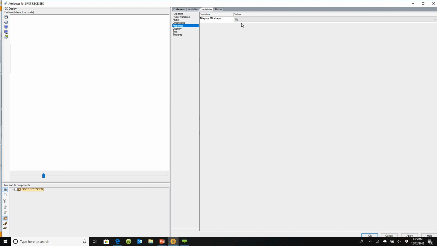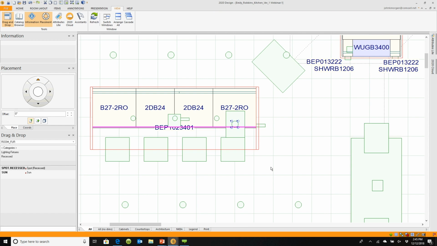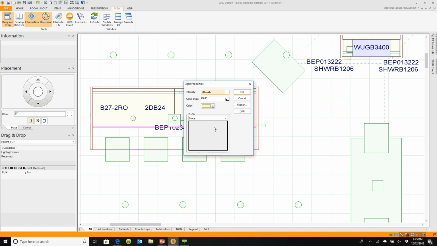So I will have a light source, light will come out of it, but you won't actually see the light. So I made the light invisible. Now, let me show you another little trick too. If you right-click on the light and you go to Light Properties, under Light Properties, you can do lots of